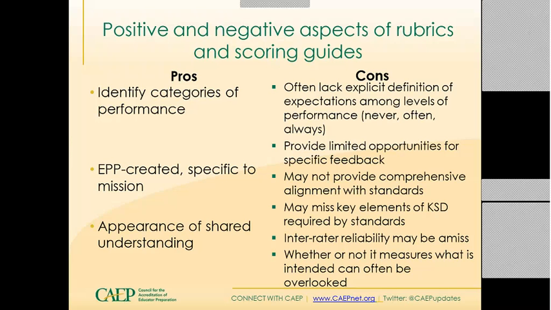So although categories of performance are identified, talking about what each level would mean for a particular category of performance or item on a rubric or scoring guide, the level of specificity should be such that you could provide high quality feedback to candidates, or candidates when looking at a rubric or a scoring guide would know what they needed to do in order to achieve at a